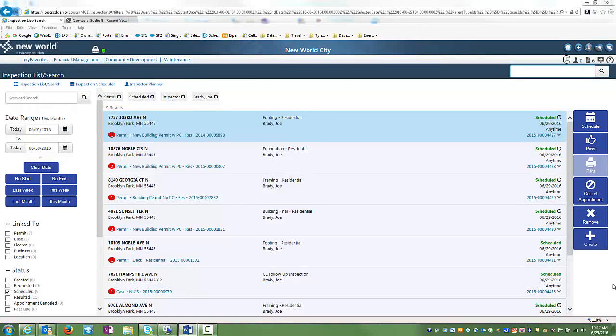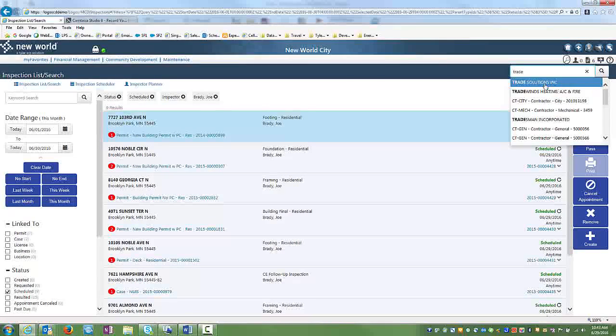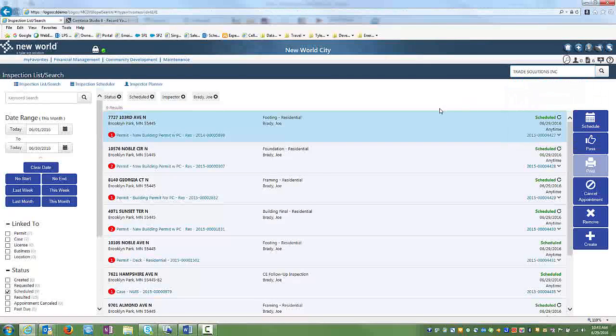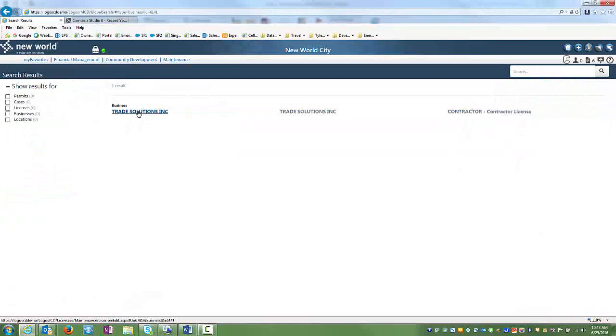So for example, I could come in here and I could type in the word trade, and it's going to find names of businesses, permits and licenses that may be attached to those businesses. By clicking here, now I'm able to find a business called Trade Solutions, and rather than using my menu, I can click on that link and it will take me right to that business. I could type in,